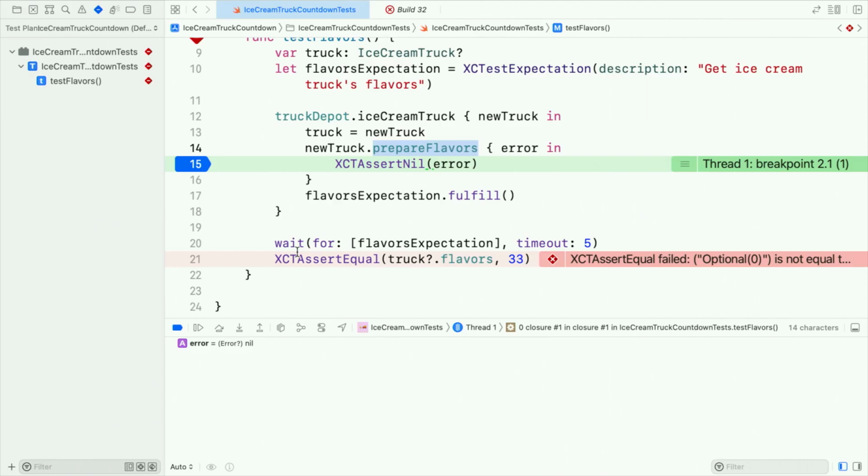That seems wrong. Oh, the fulfill is called on the outer completion handler and not the inner prepare flavors completion handler. This is a fairly simple bug caused by asynchronous events with multiple completion handlers and the expectation not being fulfilled in the correct place.